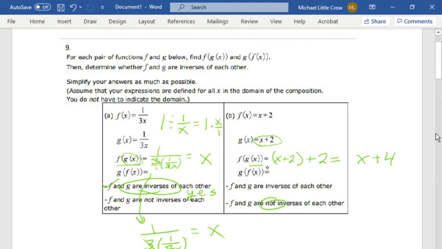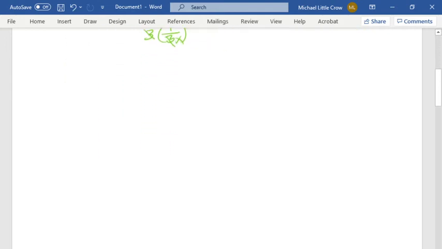It's x plus 4. Now the second one, we do the same thing. We start with g of x, which is x plus 2, same thing. Plug in f of x, which is x plus 2. We also get x plus 4, but we didn't end up with just x, so those are not inverses of each other. Let's just go ahead and continue on to 10,